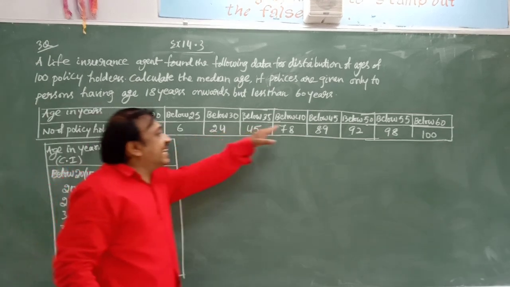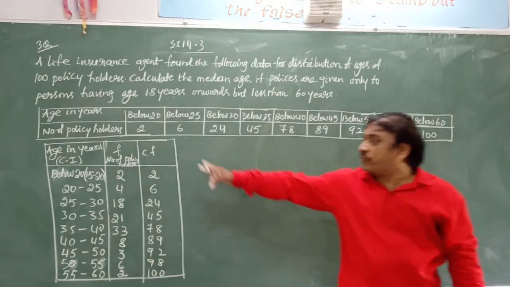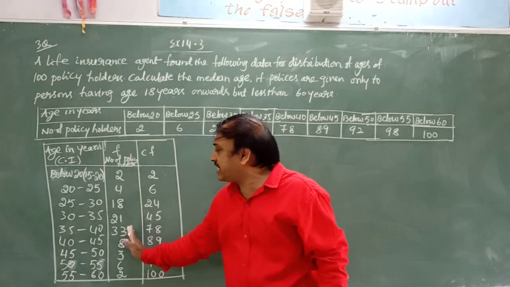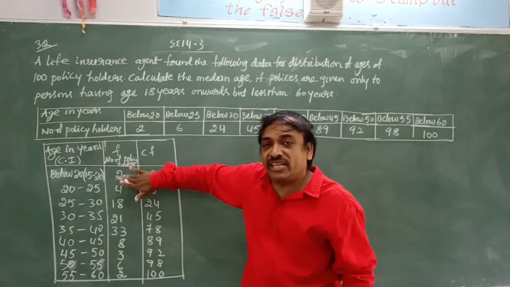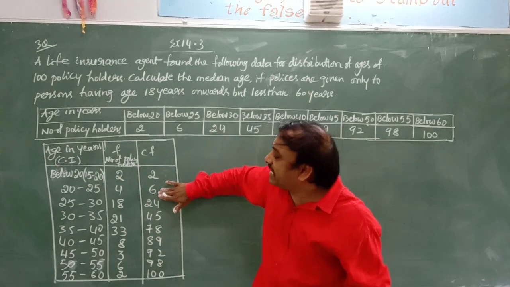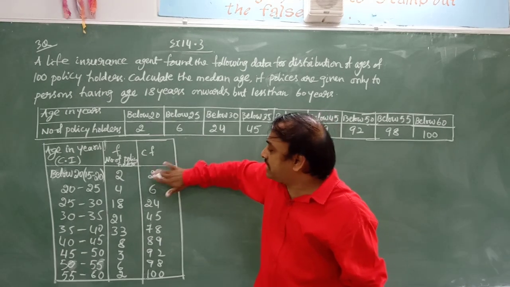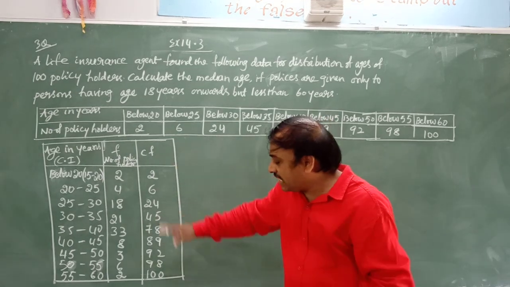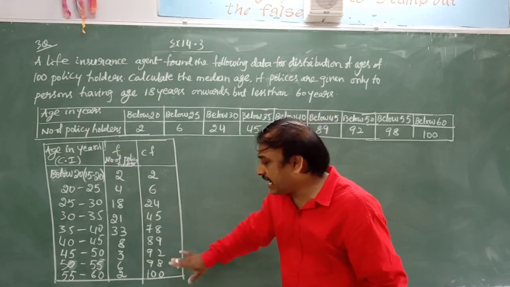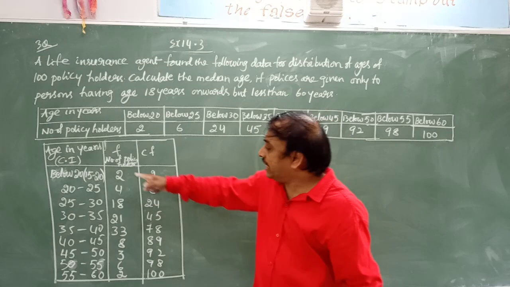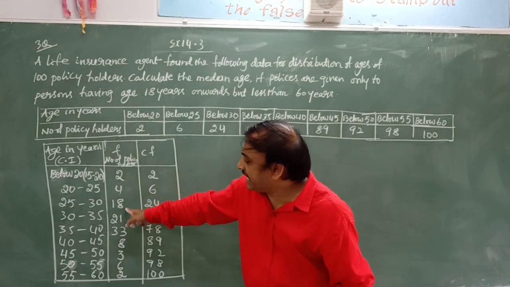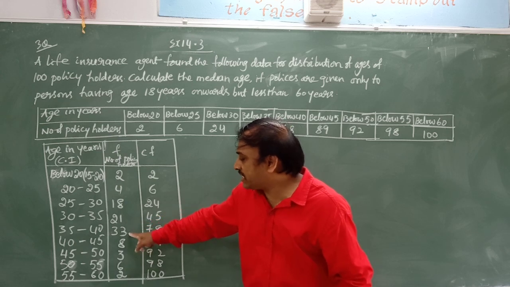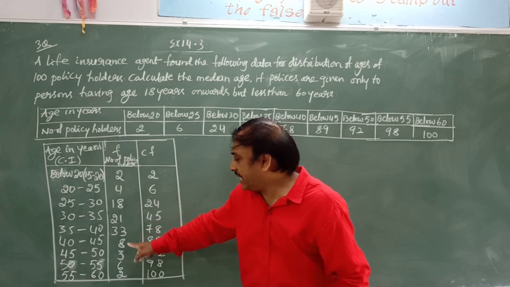From the cumulative frequencies we are obtaining frequencies by subtracting. First one we write as it is, and by subtracting, this minus this will give you this. Now if you add, the total must be 100. 2 plus 4, 6. 6 plus 18, 24. 24 plus 21, 45. 45 plus 33, 88. 88 plus